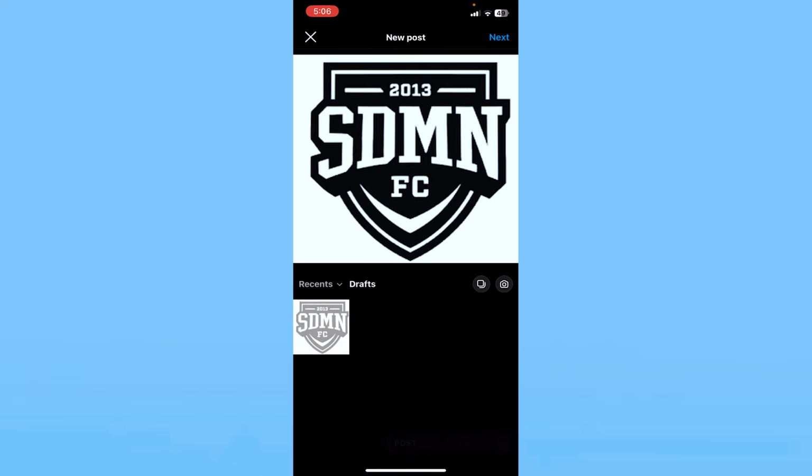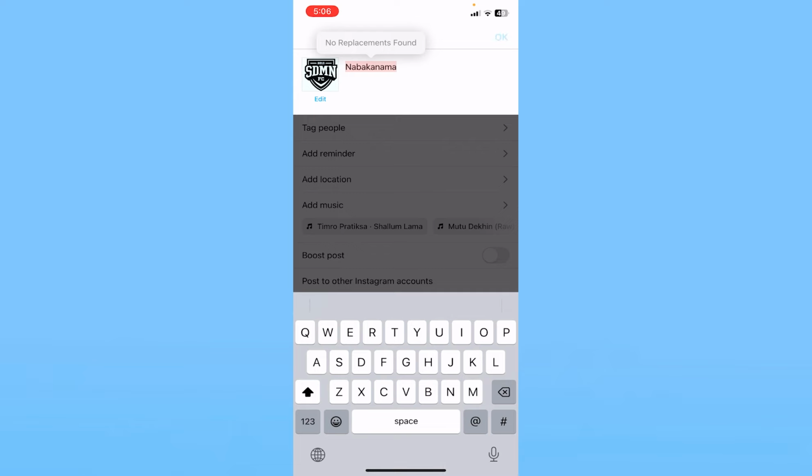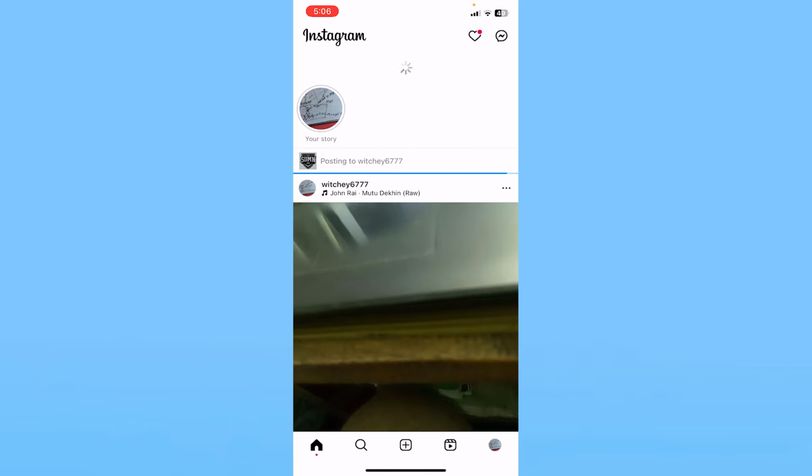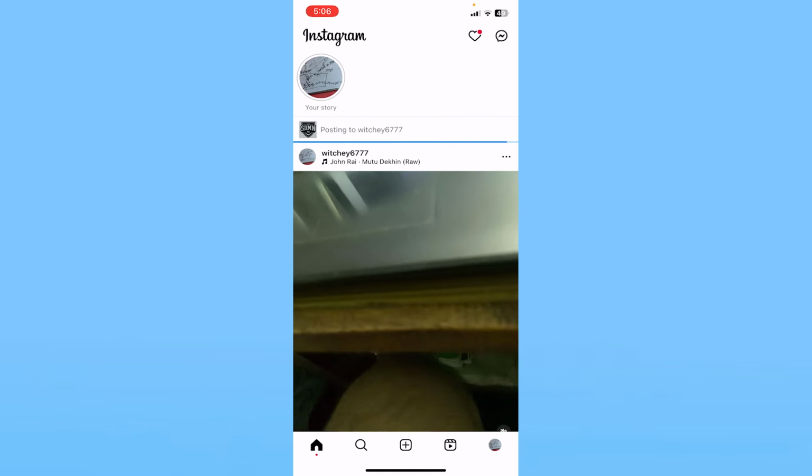So I can just click on any one of the drafts and then it's going to take me to the position where I was. So okay, I will click on the draft. Once the draft is selected, at the top right, click on next, and from over here I can click on share at the top right, and the draft will be uploaded. So that's how you guys can find all of your